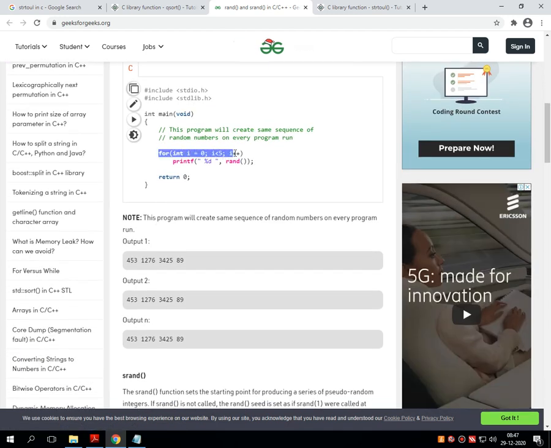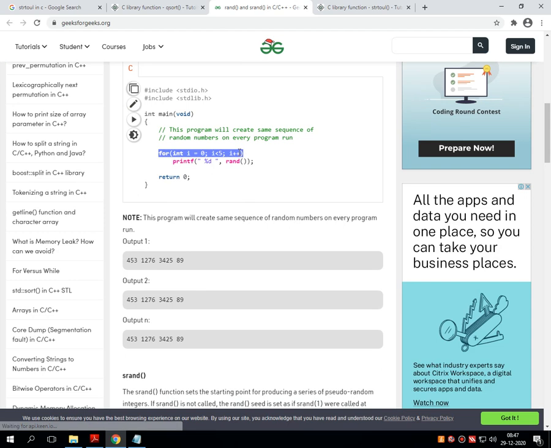Here you can see I have given one range. After the library functions and main executable statement, there is an opening and closing bracket. For i equals 0, i less than 5, i plus plus, it's a loop, and in that loop I have passed the random function. So this random function will randomly display numbers within the looping control structure, that is 0 to 5.